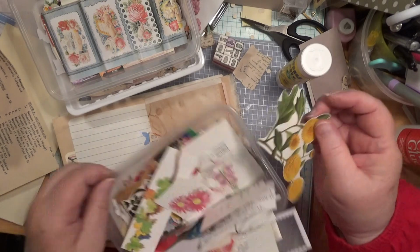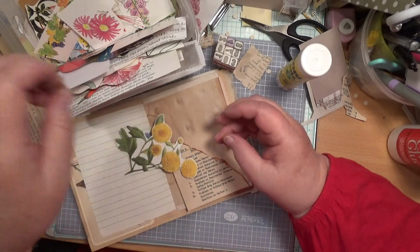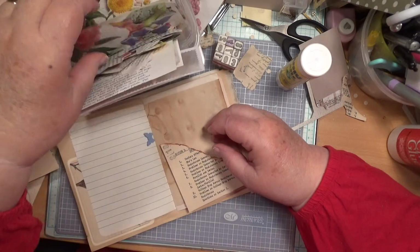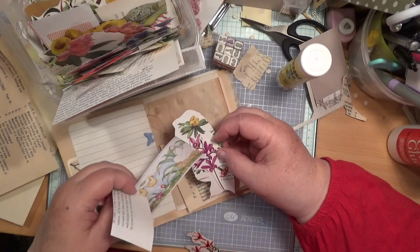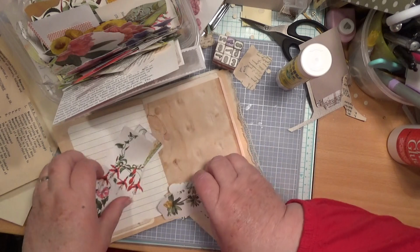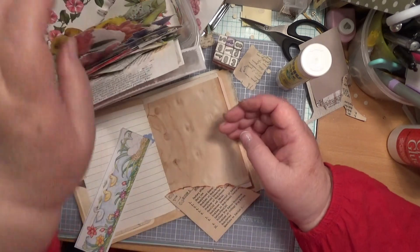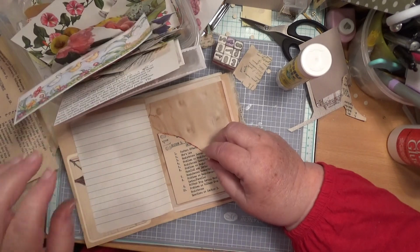They're all big, aren't they? That's way too big. That's just wrong, completely wrong. I don't think this is going to look right on there, that thing. I just don't think that's going to look all right on there. I want to see if I can put one of my...